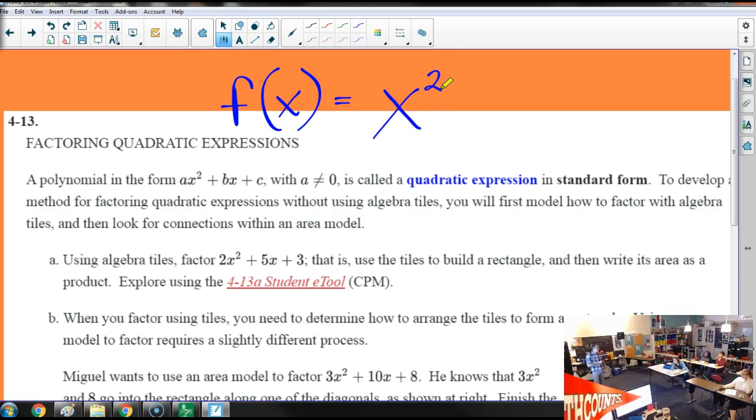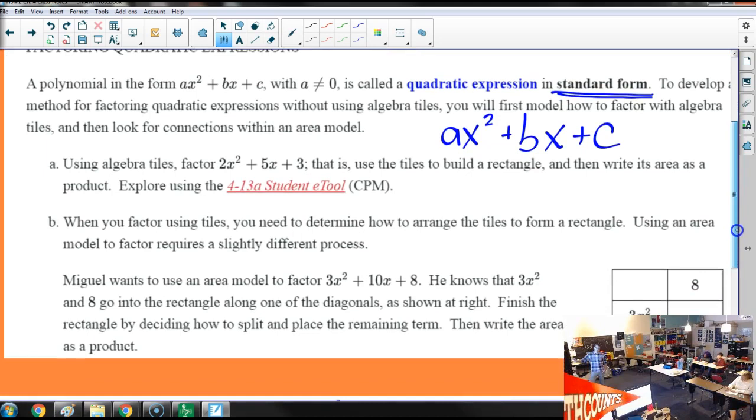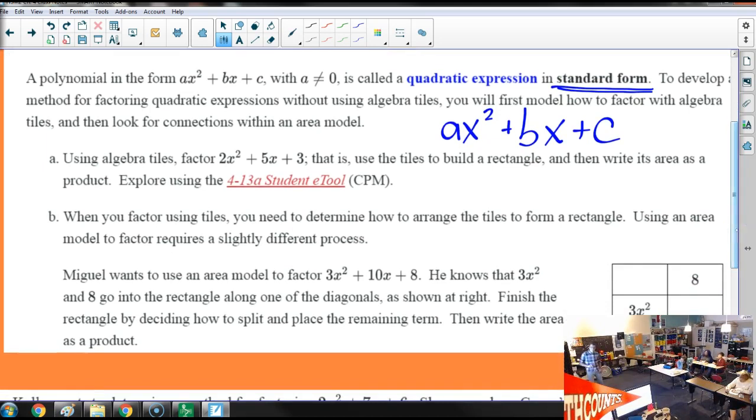The standard form that we're used to, so you may want to write down standard form, because there are other forms too, is ax squared plus bx plus c. Our bx often will be broken between the outer and the inner, as we looked at the old school FOIL method yesterday. So if we had 2x squared, 5x, and 3, and we wanted to figure out an area model for it,